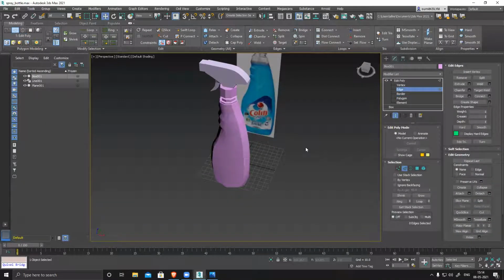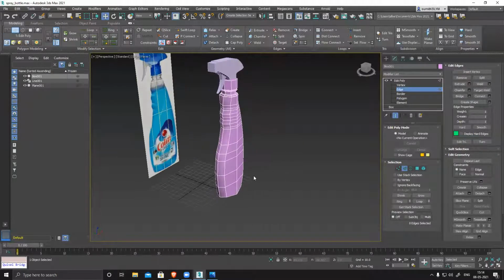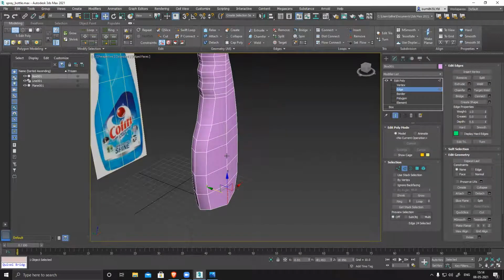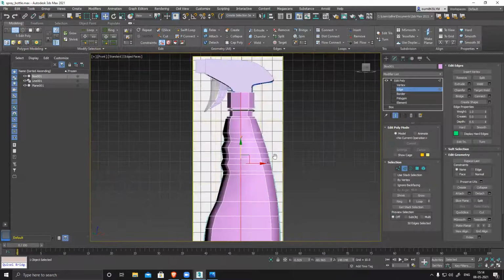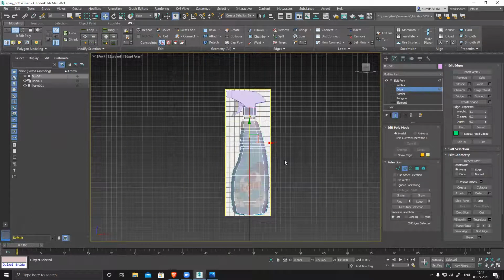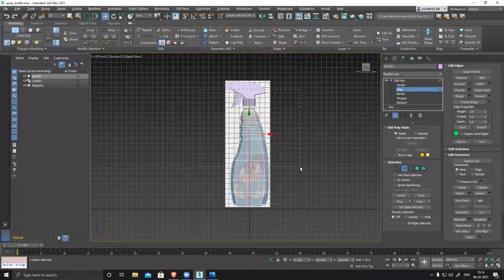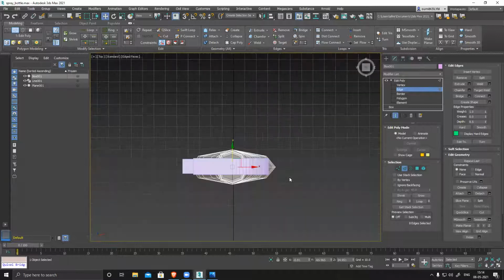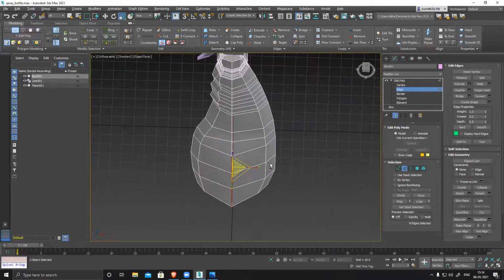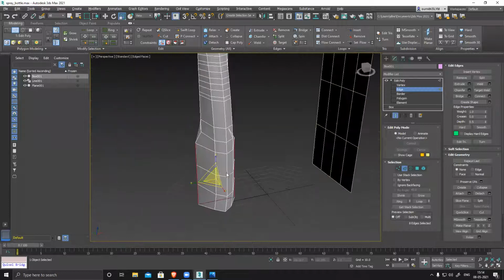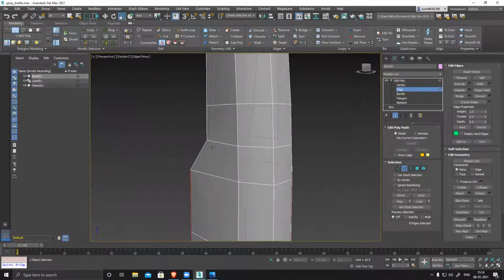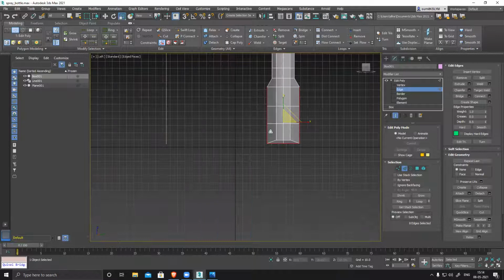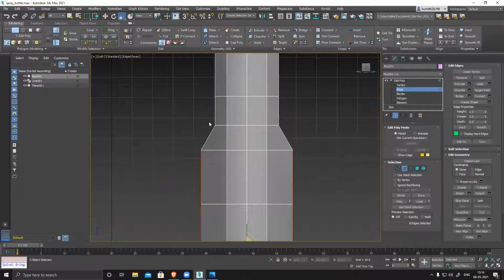So I'll go to edge, double click, select everything. Alt X is fine, then press Alt and deselect. Then I can go to top view, scale in Y. So the base will become a little wider, and this shape, you see it's creating a dent. So now go to left view. We have left view.